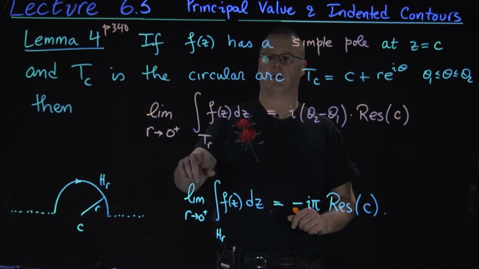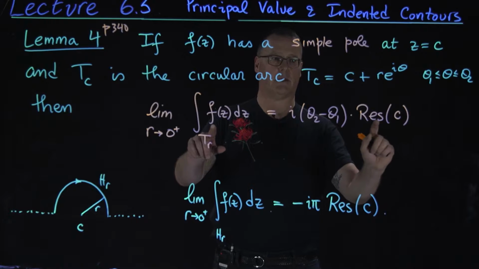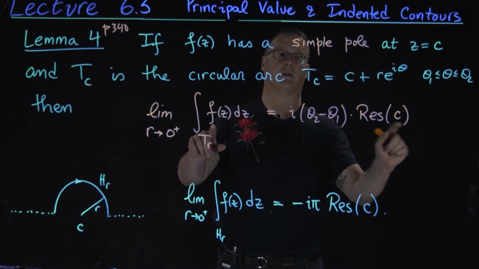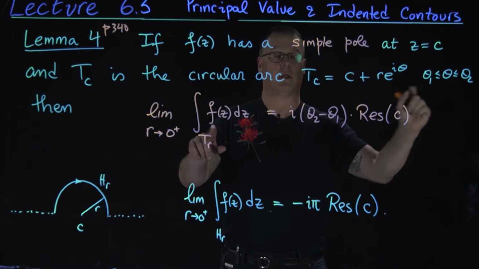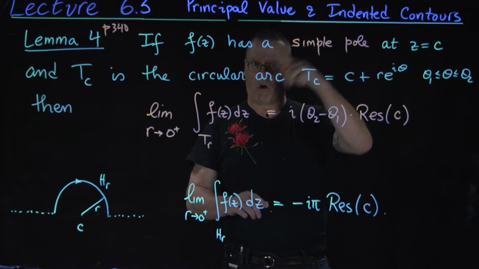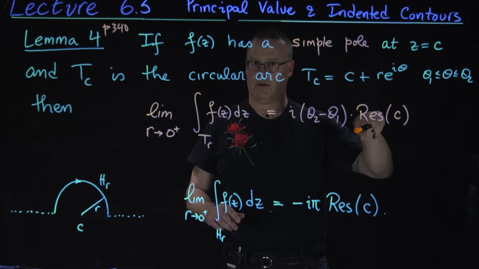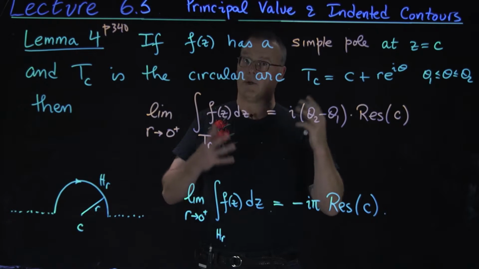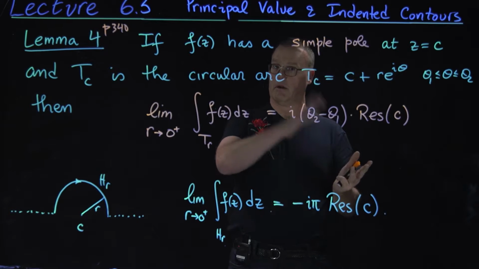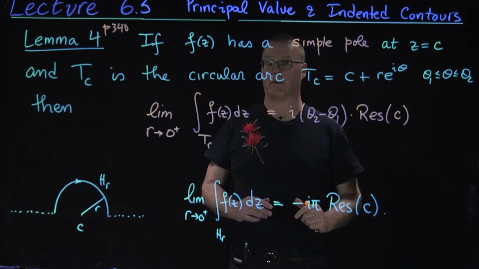the arc of f of z is not going to be 2 pi i times the residue of f at c, but rather i times the difference in the angles. So if you go all the way around, then you get 2 pi. But if you only go part way around, you get the part that's proportional to the angle that you cover,